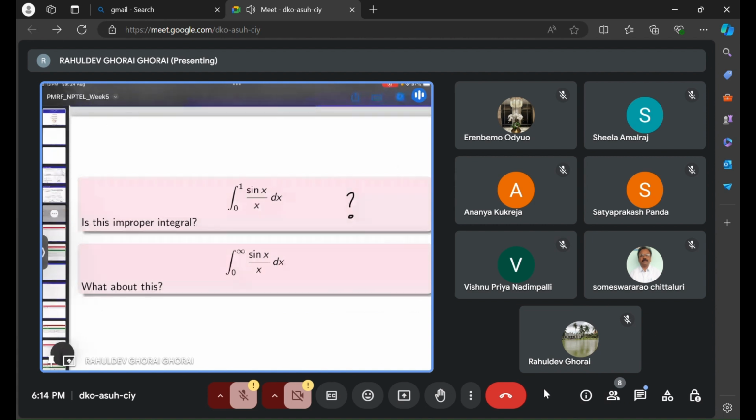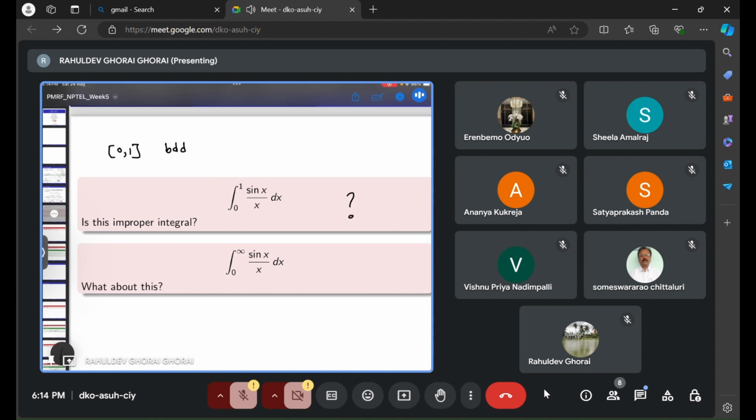What is the property of the improper integral? First of all, the domain where you are integrating, that is 0 to 1, so bounded. So that first condition is not satisfied. If it is unbounded, then you can say that for any function that will be an improper integral. But from 0 to 1,